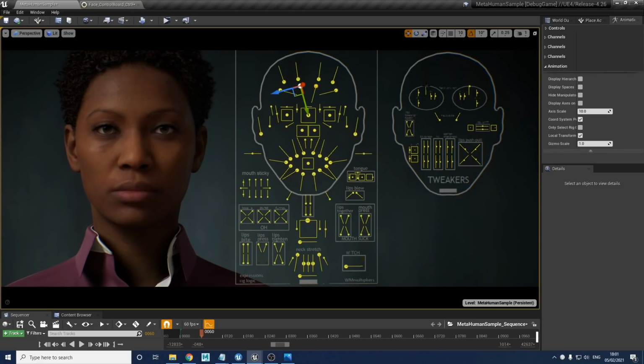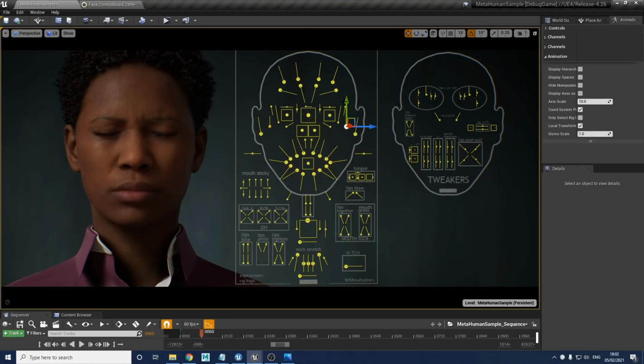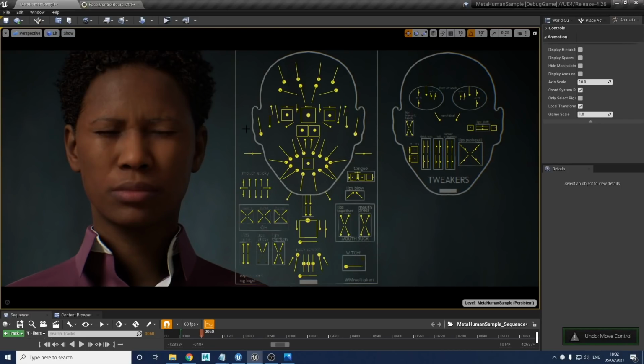And the very last thing I want to talk about is this last tweaker over here on the right, which is a full upper face squeeze control. It's like a full upper face control, so it moves the brows, the cheeks, all the surrounding area. It's really great if you have a very tight squeezed face. For example, if you have your eyes shut and you're scrunching everything down, you can just max this out and you get a real load of tension all around the cheeks and eyebrows, all in one control. So that's nice to increase if you need a super extreme, tense face. Or you can use it with cheek raise to increase it further.